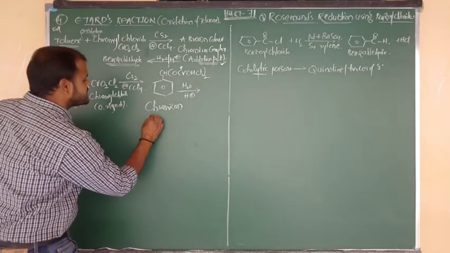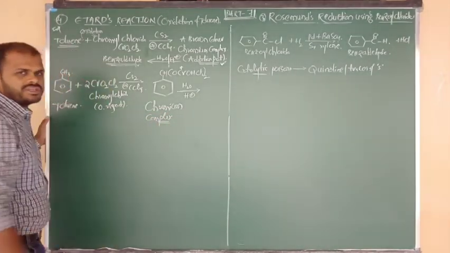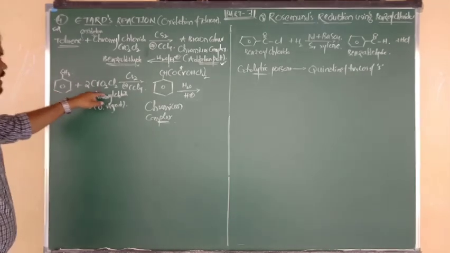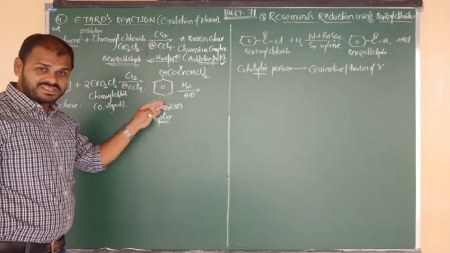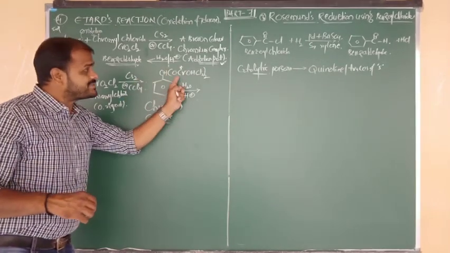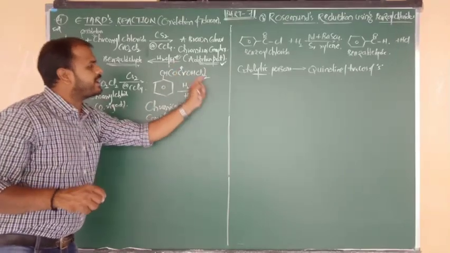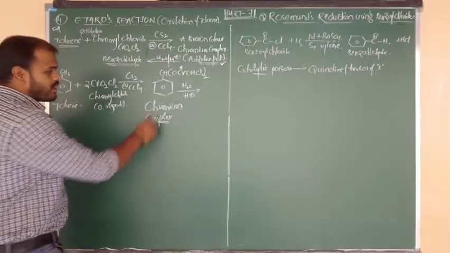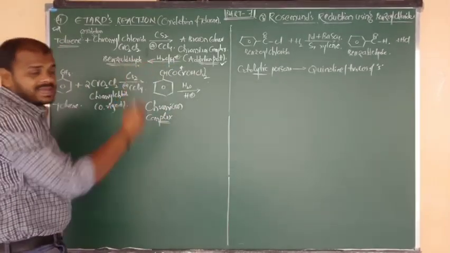So what do you get now? This is nothing but the brown color chromium complex. It is an addition product: 2 moles of chromium chloride completely added to the toluene. Then you are getting the chromyl complex. Benzene bonded to CH, and in brackets you have to remember O, Cr, OH, Cl2, all taken twice. So the brown color chromium complex, or we can say addition product, followed by hydrolysis gives benzaldehyde.